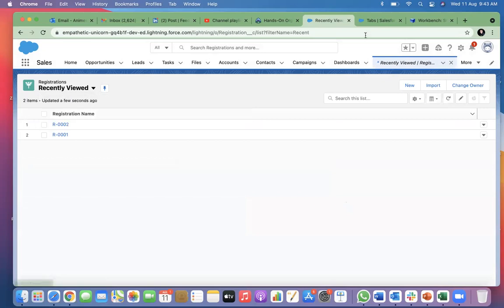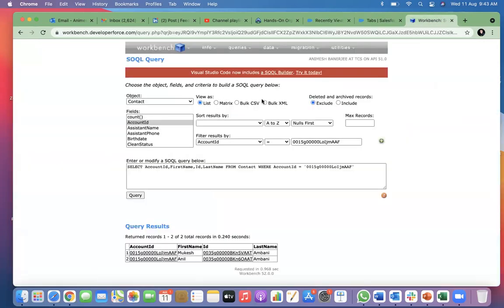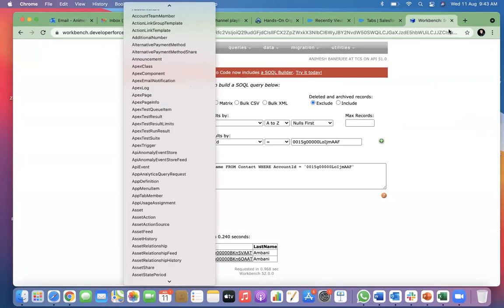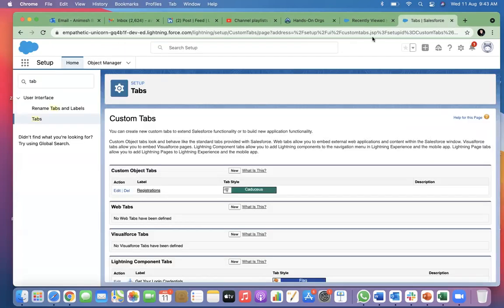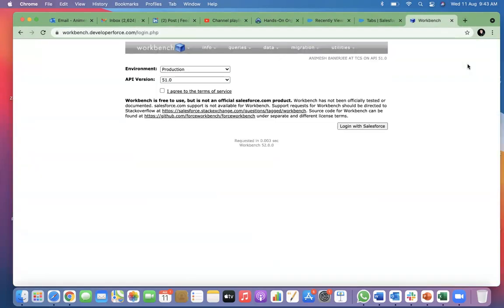Okay. Now I can create a lookup so that I can relate. So you see here, I have to just log out and log in once again. Workbench.developerforce.com, because this is a new table I created, so it will not have that value.